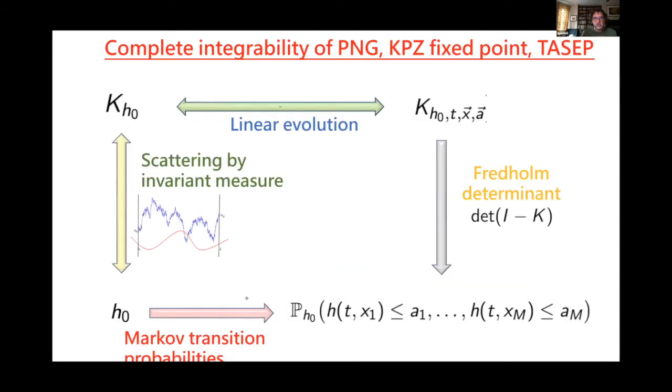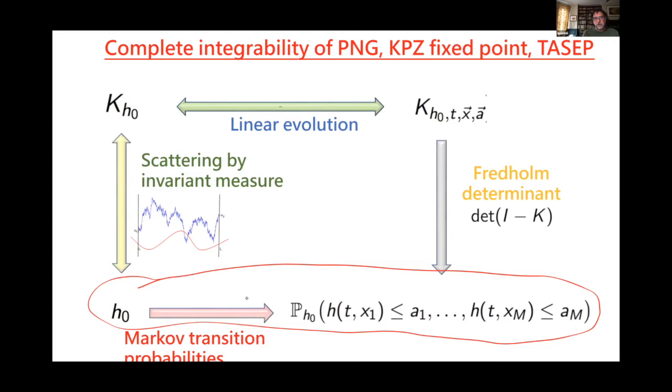And yeah, before I go into why DtK is LK, I just want to point out that this is what we mean by complete integrability. If we want to actually solve the PNG problem, and solving the PNG problem means to compute the Markov transition probabilities. Usually you can't do that for a Markov process, but here you can actually solve the entire family of Markov transition probabilities. You do it by taking your H0 and you scatter by the invariant measure